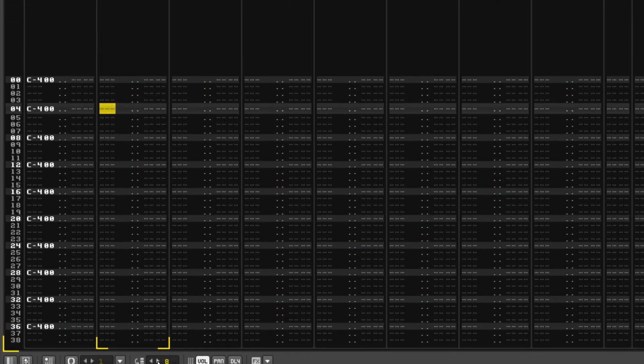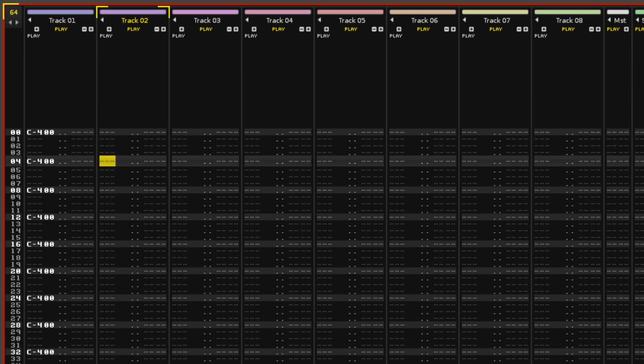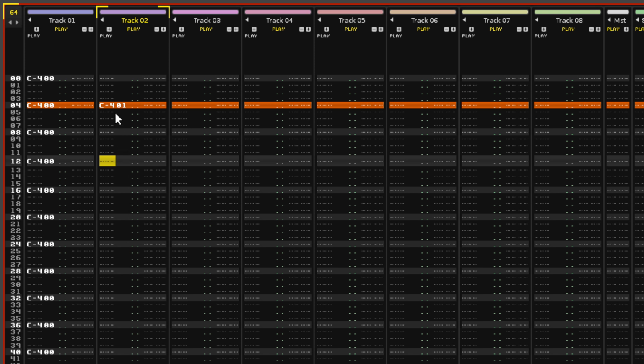Now when we enter edit mode with escape and press Z, the cursor automatically moves down 8 lines. This is incredibly handy for simple rhythms like this because you can just hold down the key and fill up the pattern.